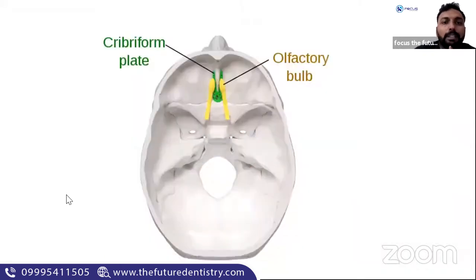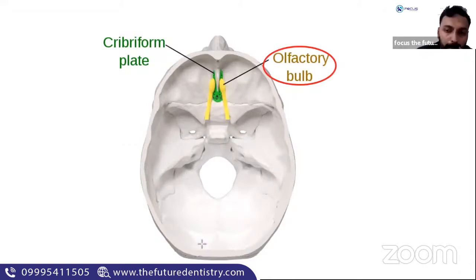Apart from that, what is this green color structure? Something called as cribriform plates. So cribriform plate is actually the roof of your nose. The area of roof of your nose is formed by the ethmoid bone, and cribriform plate is a part of ethmoid bone. So what is important about cribriform plate? It is that the olfactory bulbs, that is the nerve fibers for sensing the smell, come out through this cribriform plate. Okay, so these are the two major things which you should know in the anterior cranial fossa.